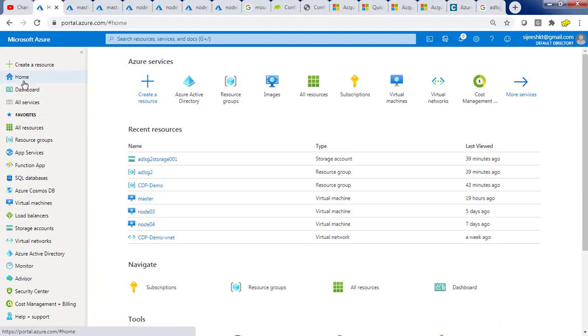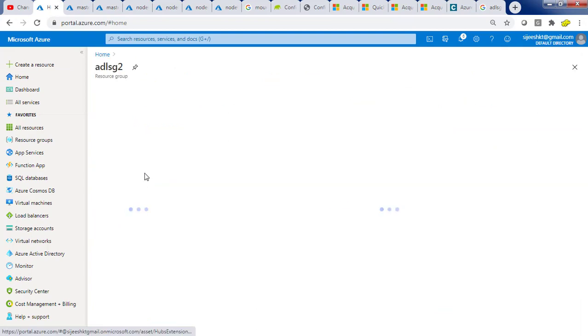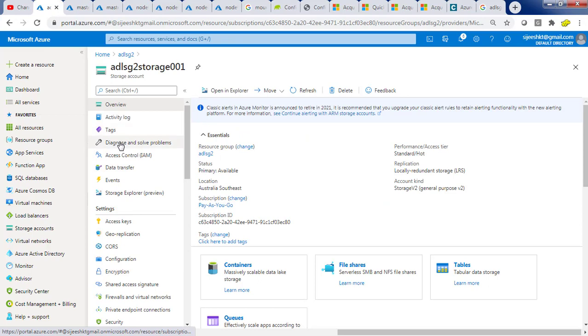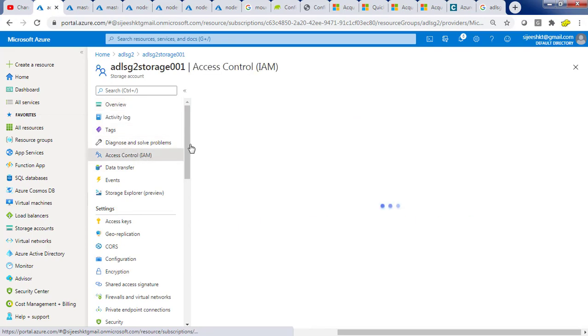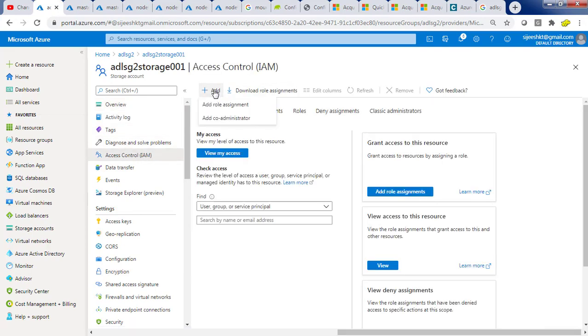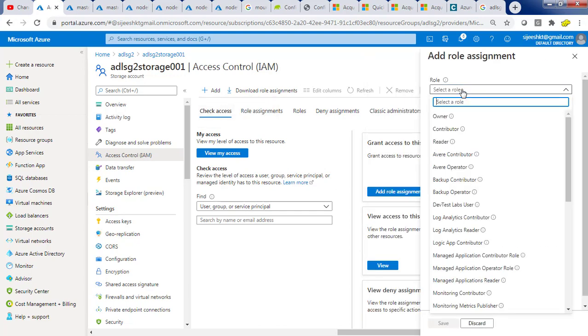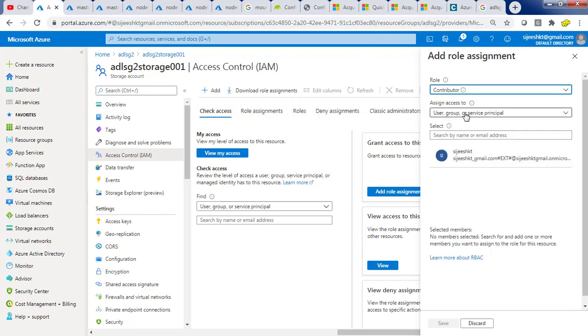The next part, we need to add this permission on this ADLS2. I copied that application ID. From the storage account, go to identity and access management and add a role assignment here. My application ID should have contributor access here.